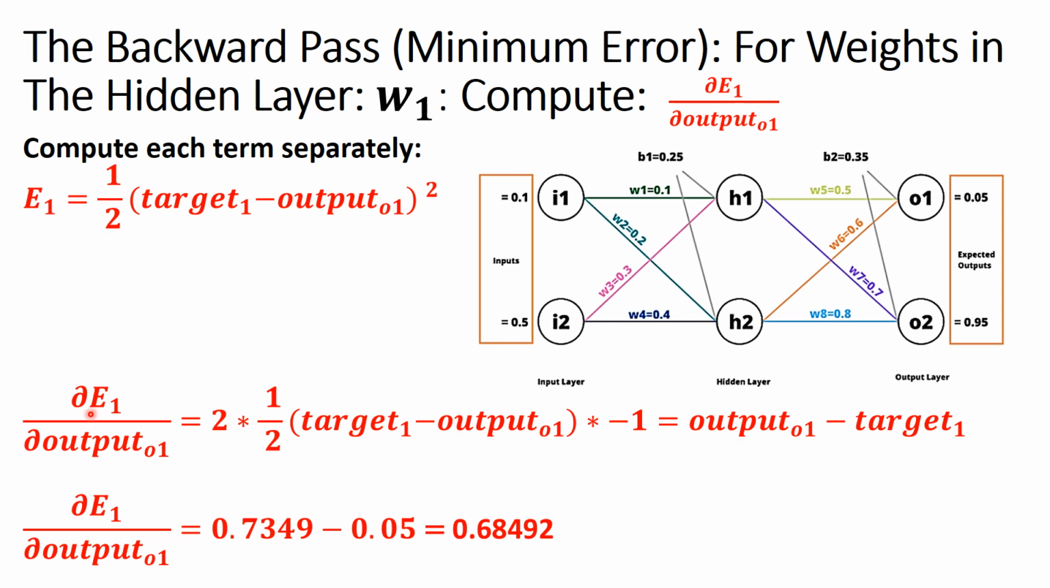Now we proceed to compute the first component, that is the partial derivative of E1 with respect to output O1. E1 equals half target 1 minus output O1 all squared. حسبنا القيمة دي في بداية